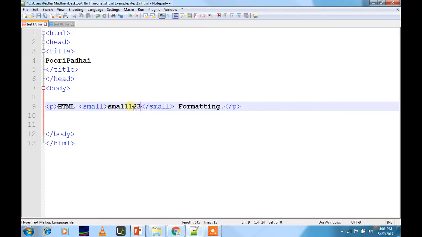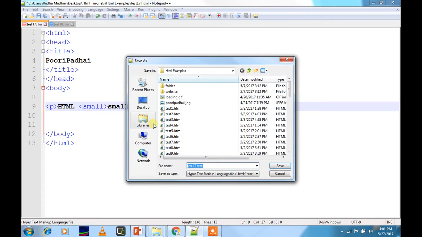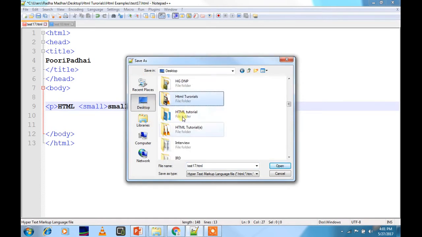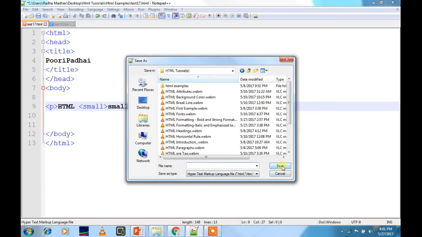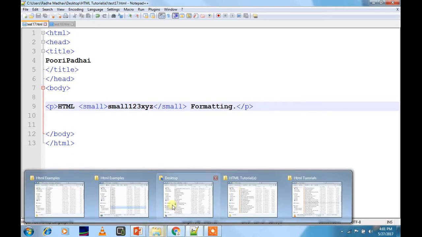So we can write XYZ123 and save this file in a folder. You can save anywhere you like in your desired destination. I will save it as html17.html. Save. The .html extension is necessary to put.